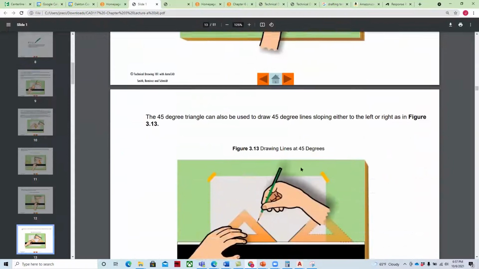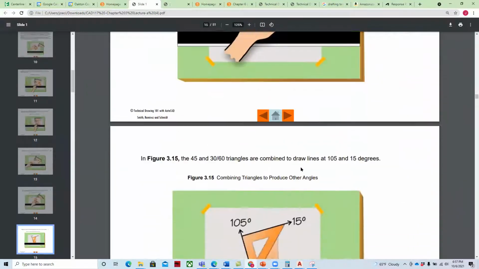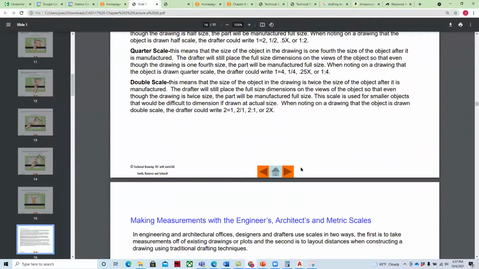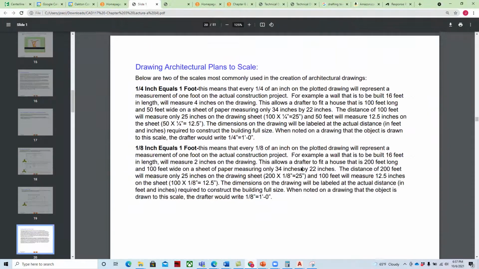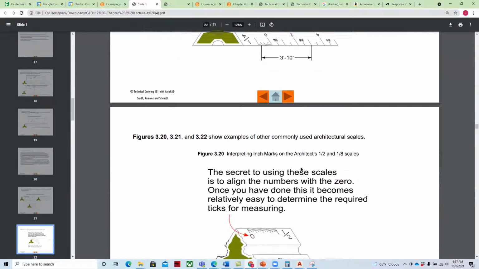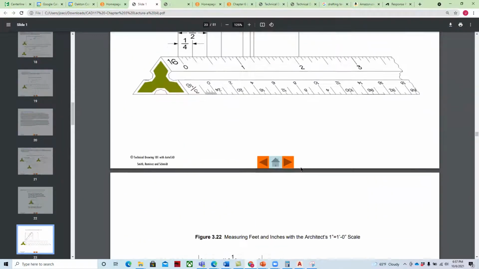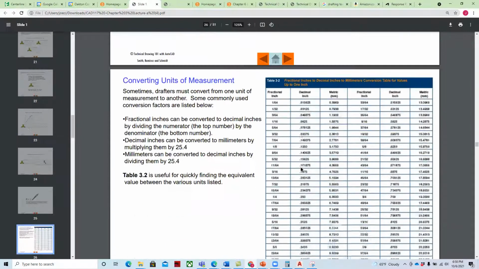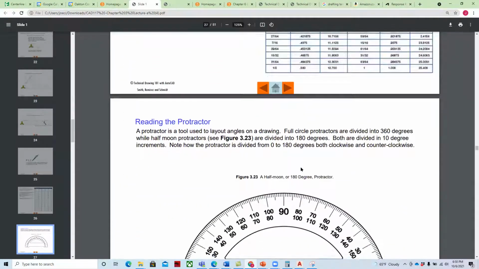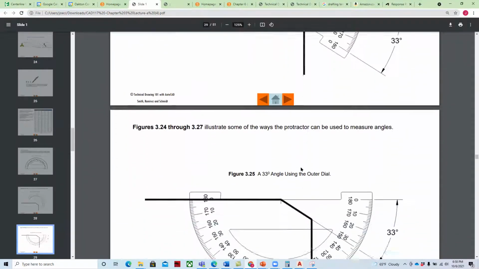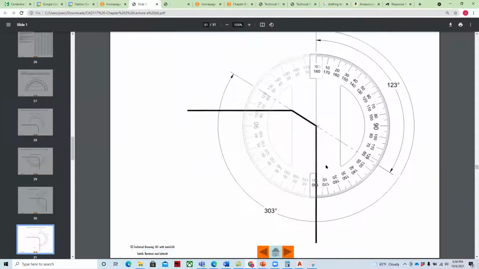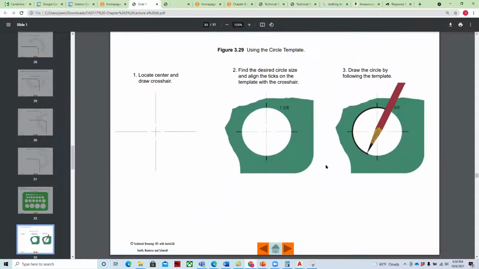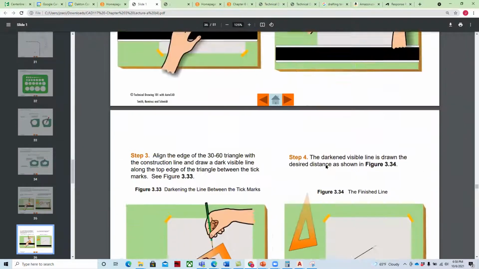Manual drafting took quite a bit of work to do the same type of work that we do with our CAD system. And it took a lot of supplies. We want you to be able to understand the basic concepts for manual drafting, units of measurement, protractors, how to create angles, using circle templates, ellipse templates,